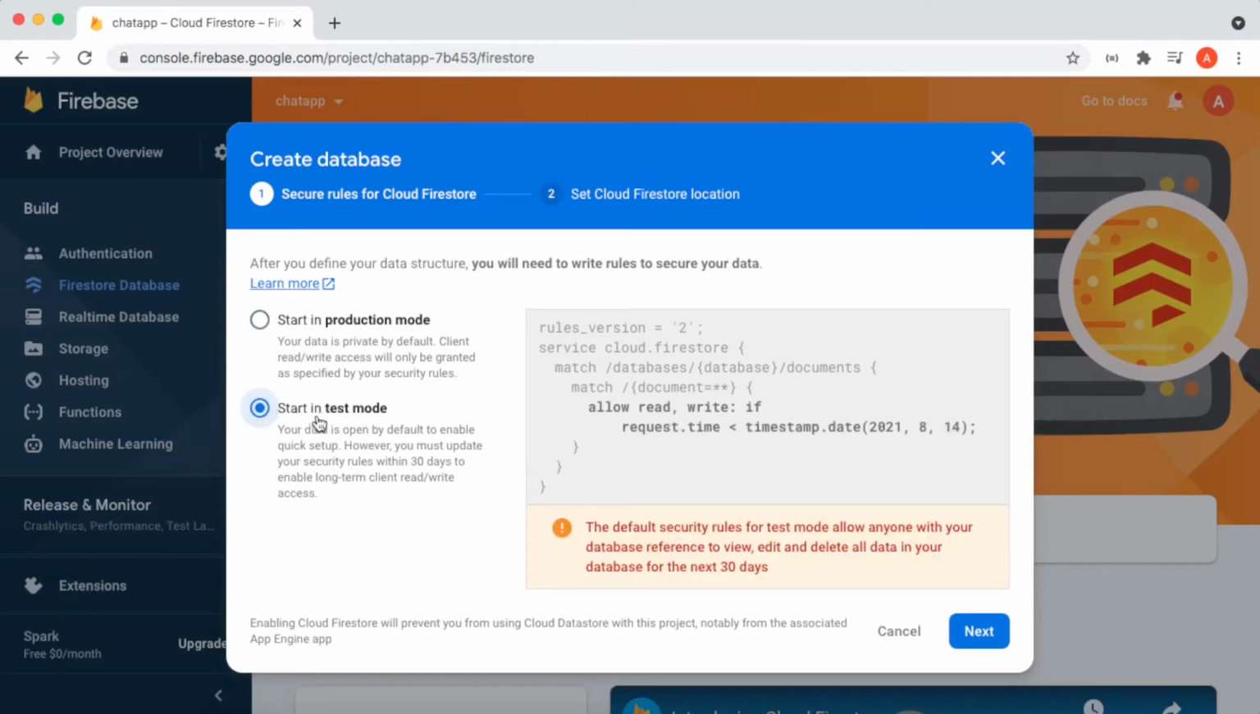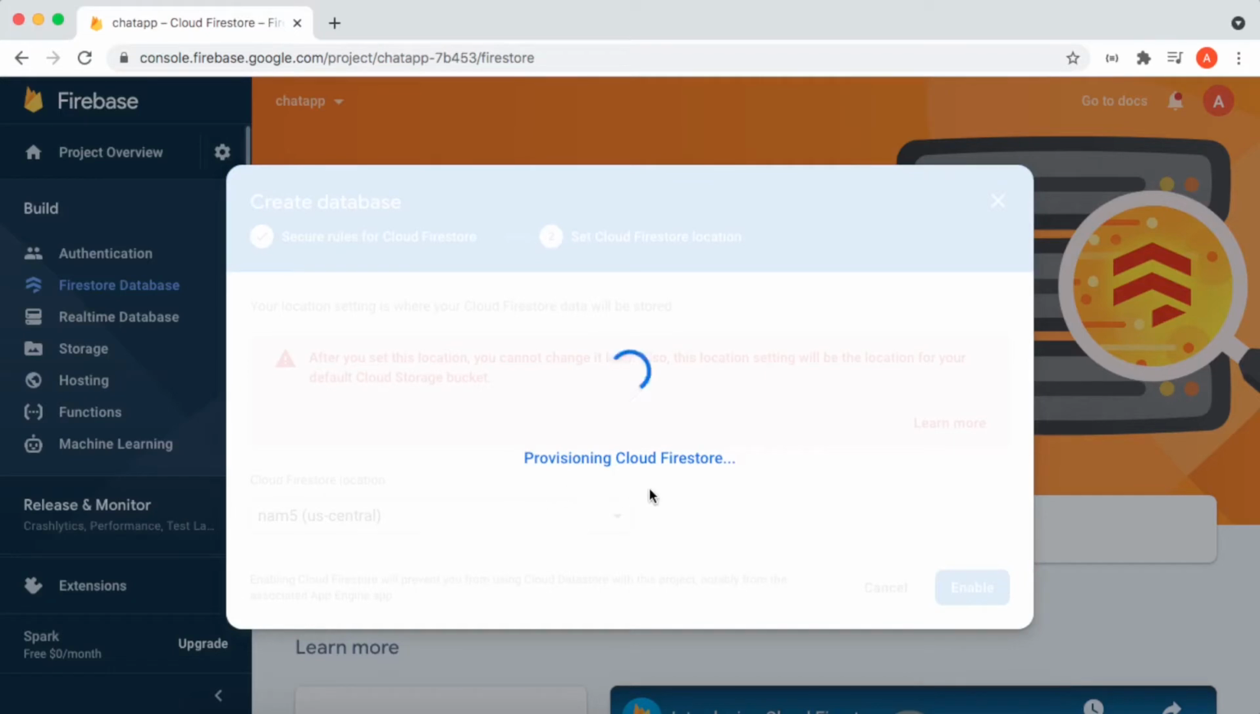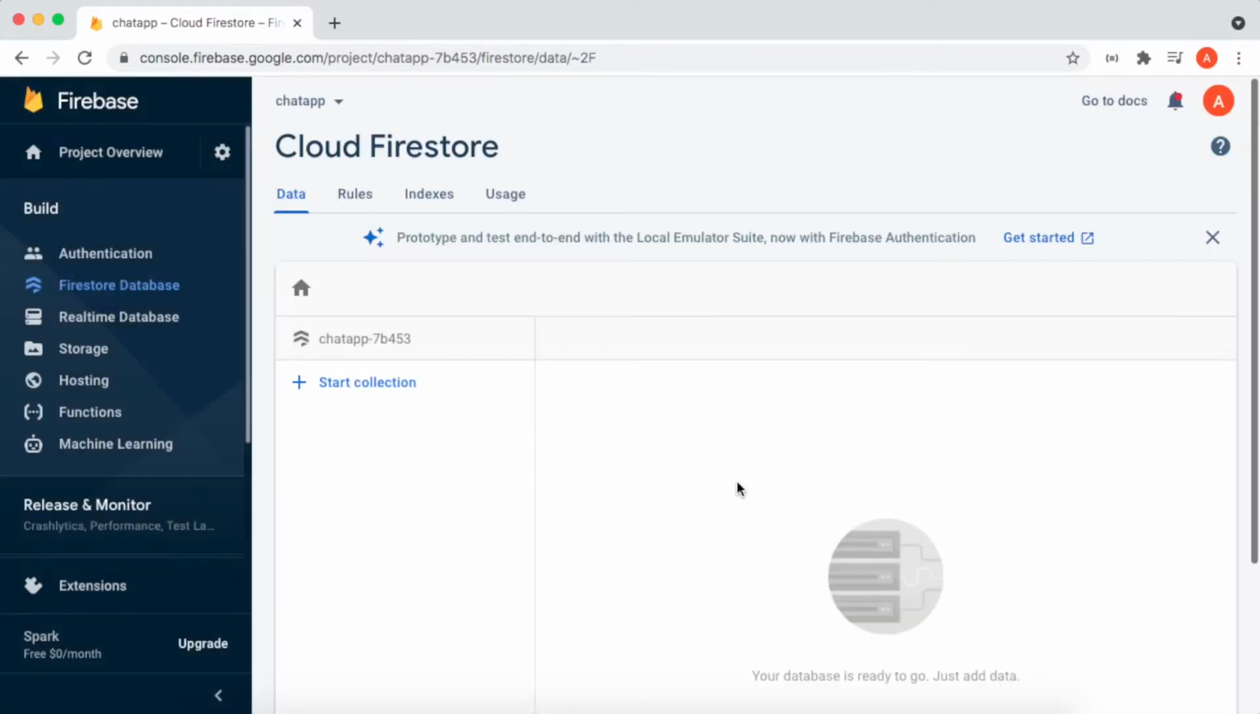Now our data is not that important, so we can use the test mode and click next, and we can select the Cloud Firestore location and click enable. Let's wait, setting up security rules. And so guys, here is our Firestore that we will use. So before using it,